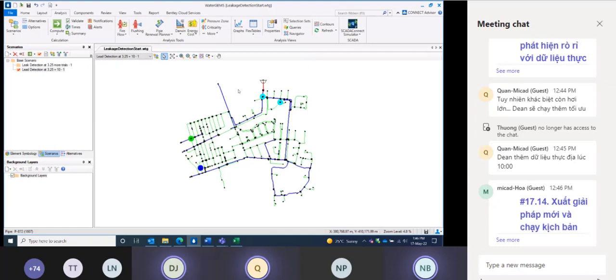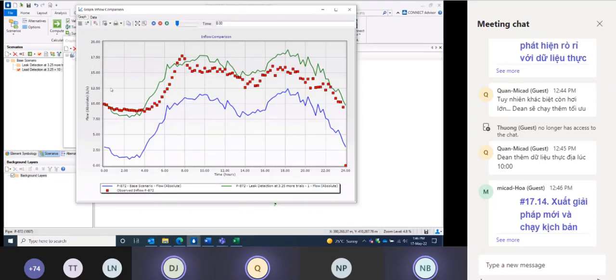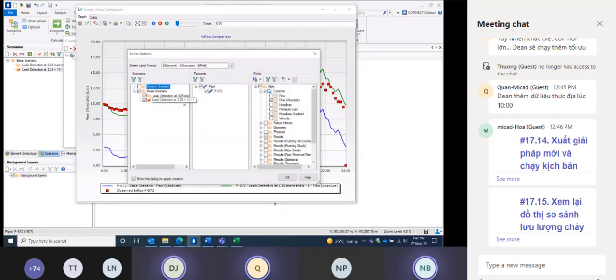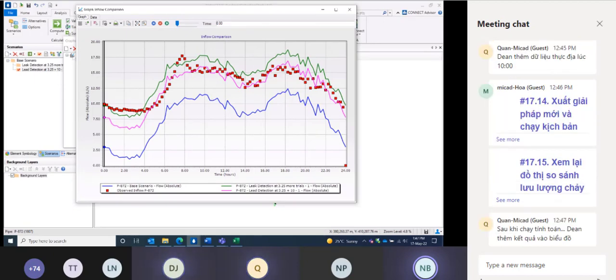Okay, once you've computed it, we can check it on the graph. So back to graph, back to the inflow comparison. Yes. And back to the series options to add 3.25 plus 10. You can see that now at hour 10, it is perfectly aligned, but we've lost some other